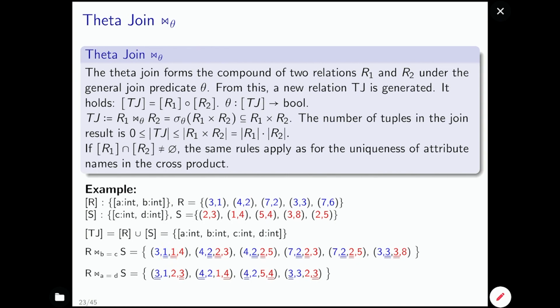So only those tuples are returned where the B attribute value is equal to the C attribute value. That holds for all of these results. In other words, what I'm returning is a subset of the cross product where this condition holds. And the same in the second example. Here I make a condition on A equals D, so that must be equal for the tuples